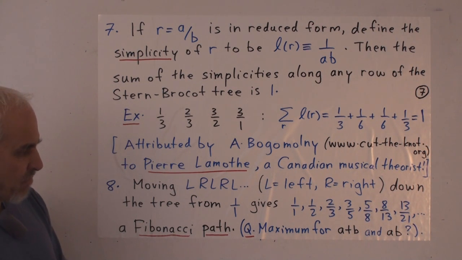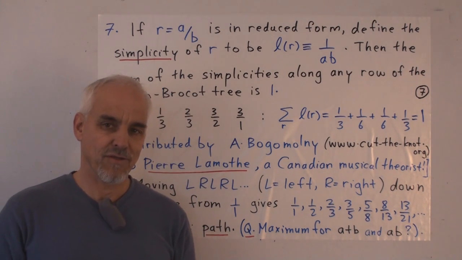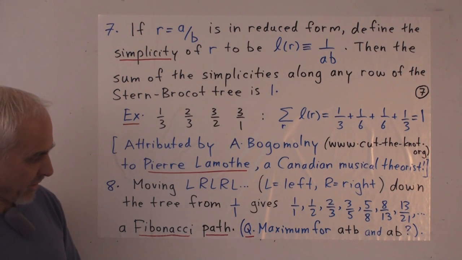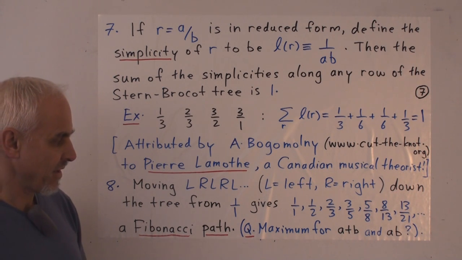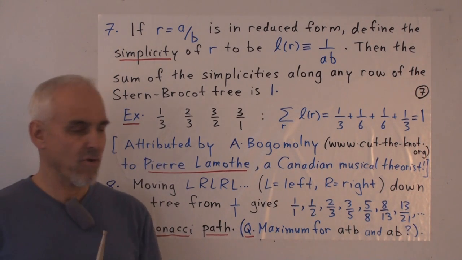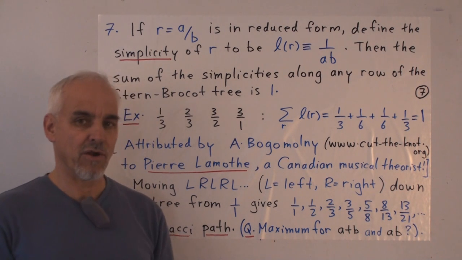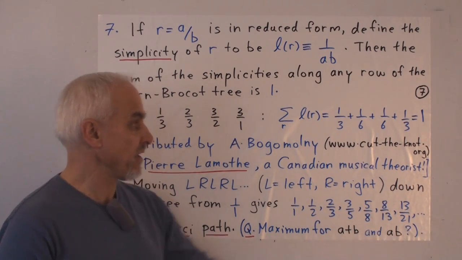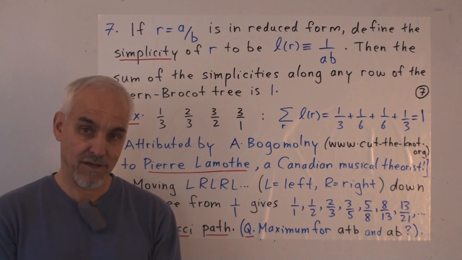Now, it seems to me it is possible, or perhaps very likely, that this particular sequence down the tree has some special interesting properties. In particular, just a bit of investigation suggests that this sequence contains the numbers along every row which are maximum for the sum of the numerator and denominator, as well as the product of the numerator and denominator. This being the complexity, perhaps, of the rational number in keeping with the definition of simplicity.